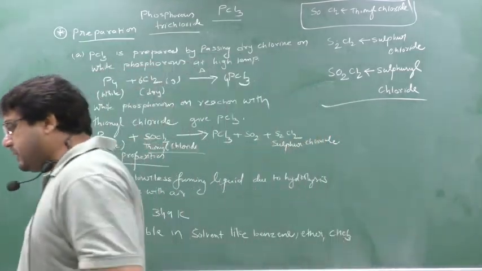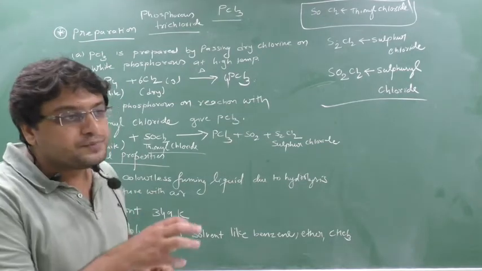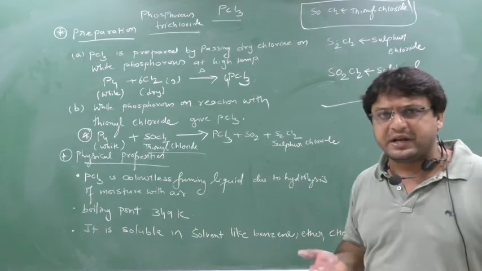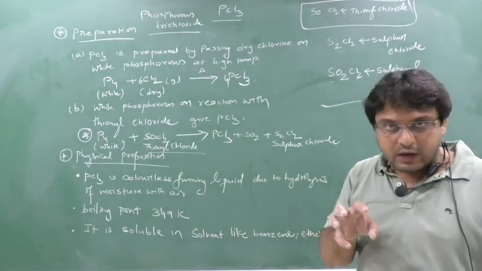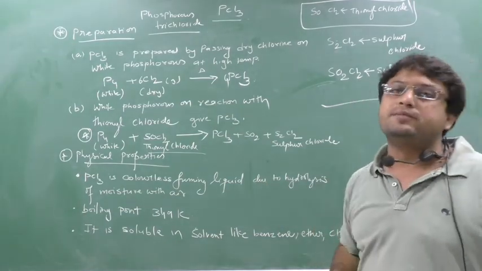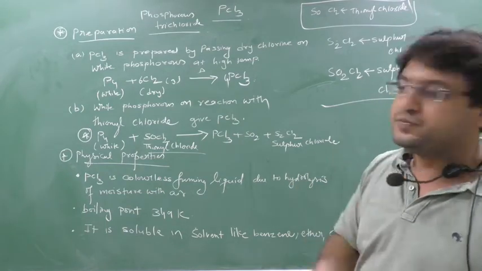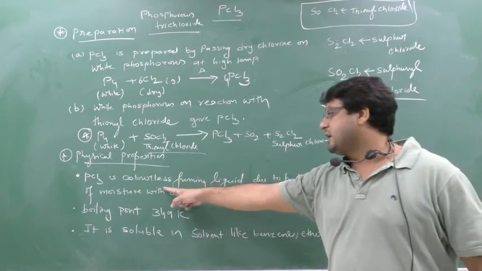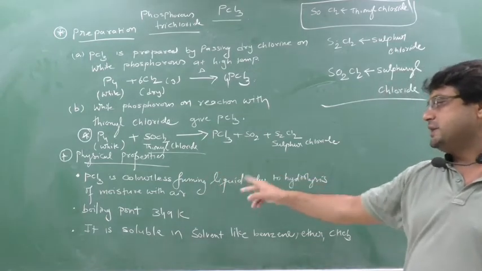See, as soon as you prepare the PCl3, what happens to this PCl3? This PCl3 will start to absorb the moisture from the air automatically. You can say it is hygroscopic in nature. So PCl3 will start to absorb the moisture from the air automatically as and when we prepare it. As it absorbs the moisture from the air, it will start to fume out. It will make fumes, and those fumes will be colorless. So PCl3 is a colorless fuming liquid. Please remember this, very important.